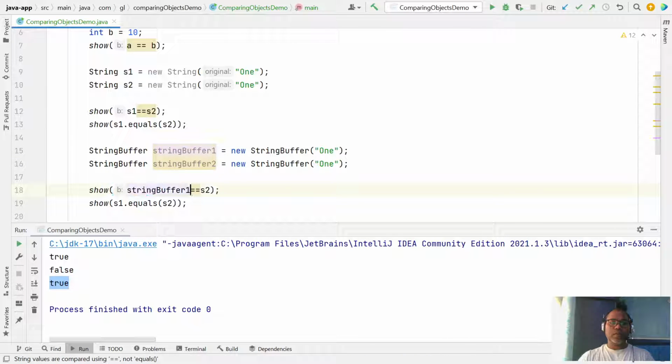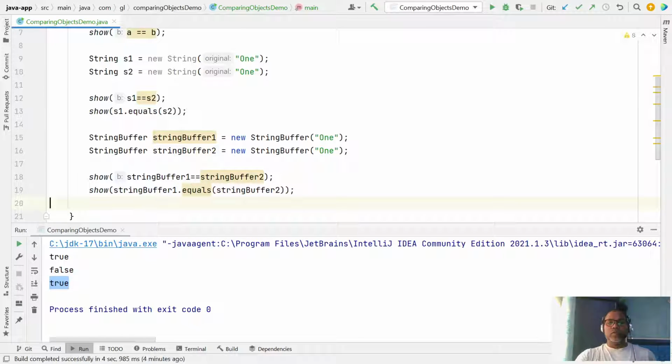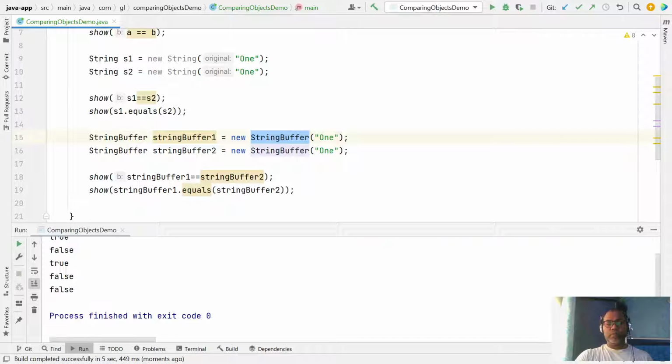You just check two double equal to one. If you run this code, in this case we are creating objects of StringBuffer, not the String class. It will say false in both cases. Why? Surely they are two different objects. This refers to a different object, and this refers to a different object. Surely both are not equal.